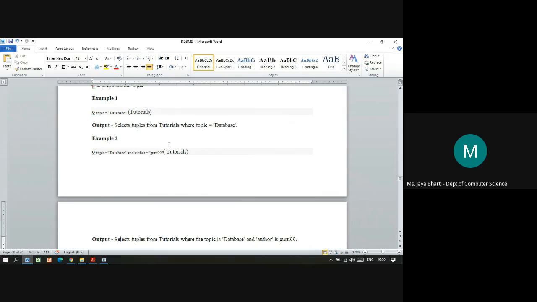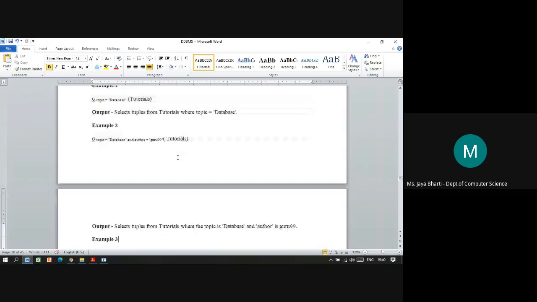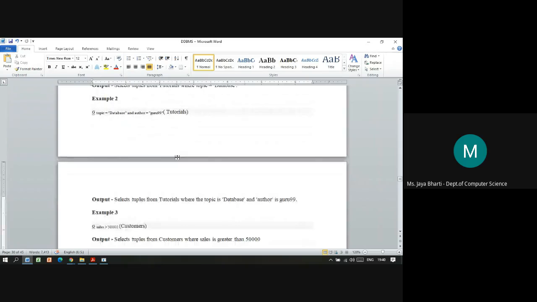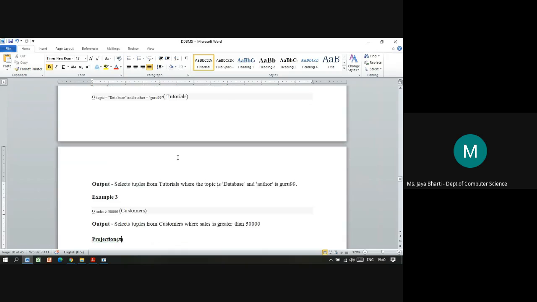Here they are checking both conditions, so that's why they have used the operator AND, on the relation tutorials. This will select the tuples from tutorials where the topic is database and the author is whichever we have mentioned in the double quotes.